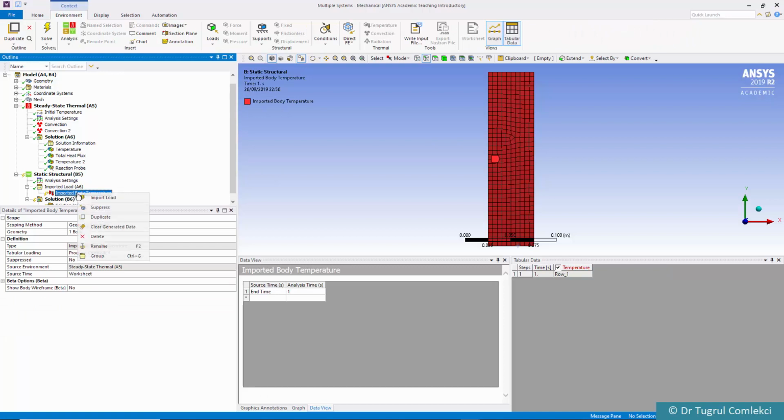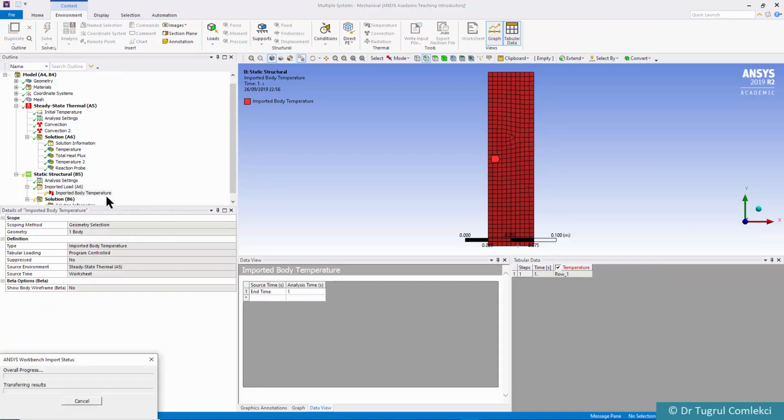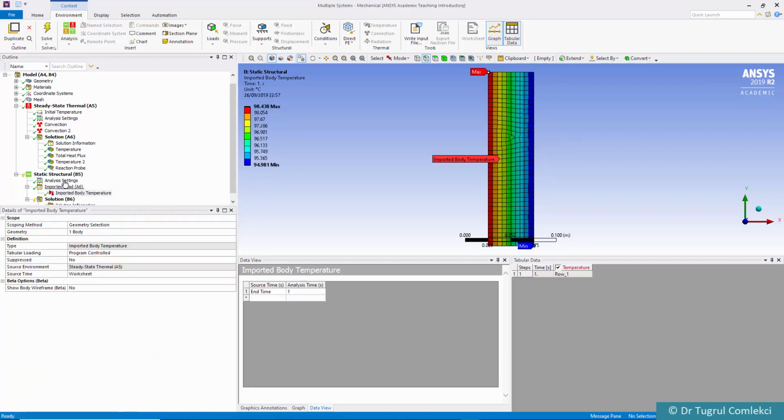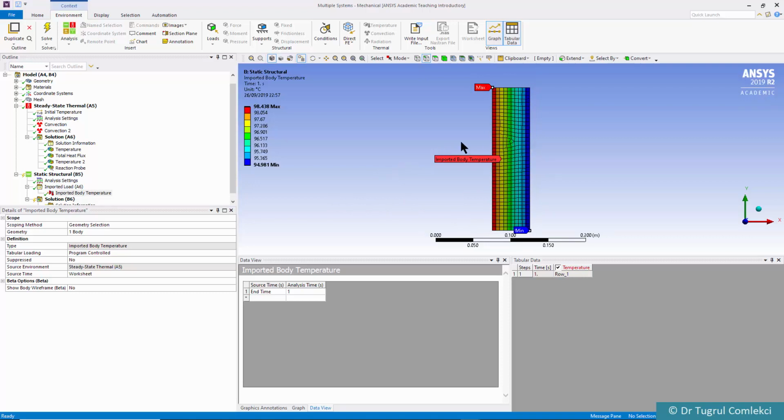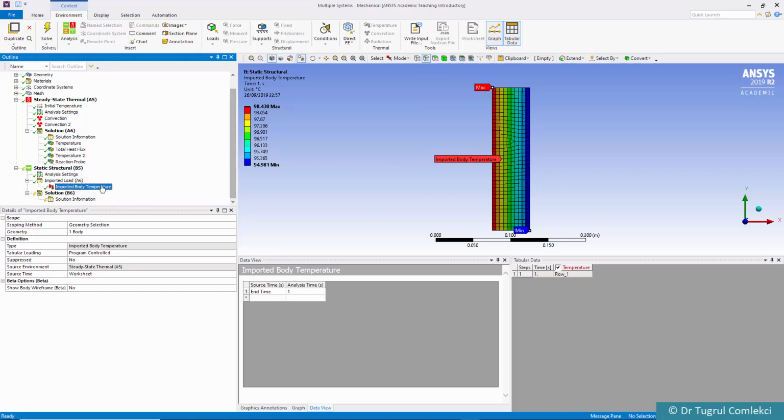If we did an import load on this one, it actually reads the data from the previous analysis, and that will now be used as imported body temperatures to show our static structural stresses. So as well as this imported body temperature, we also need to specify our boundary conditions for